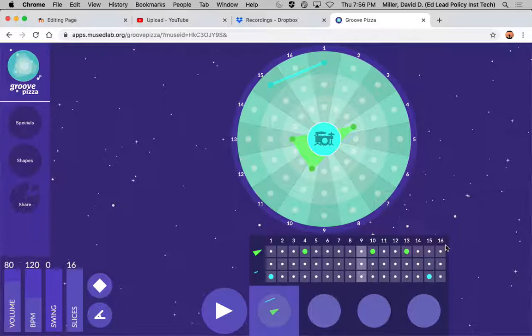And because it's in this circle, they went with this shape idea. So you can drop shapes on top of this and hear what the shape sounds like as it plays. So this is their most basic beat. Right, so it's circling around through the 16 slices.